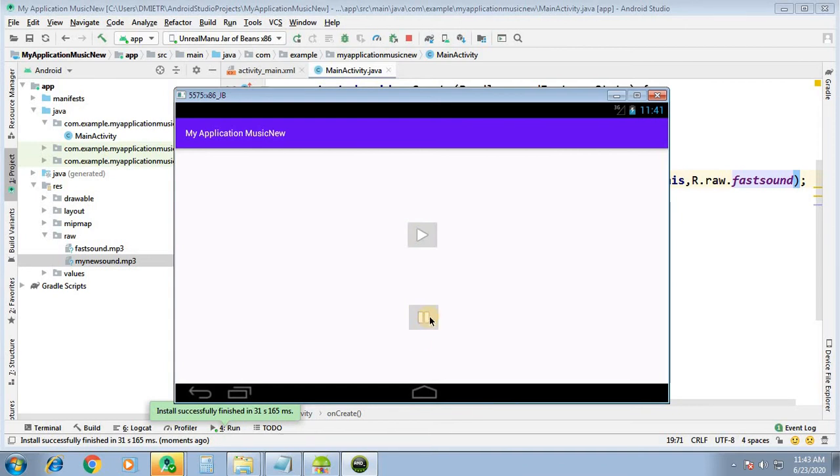Suppose what I want is, when I click on play, the play should vanish and only pause will be there, and when we click on pause, the pause will vanish and play will be there. So we will add this.